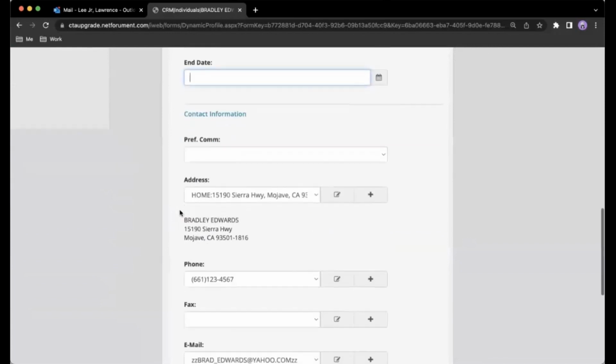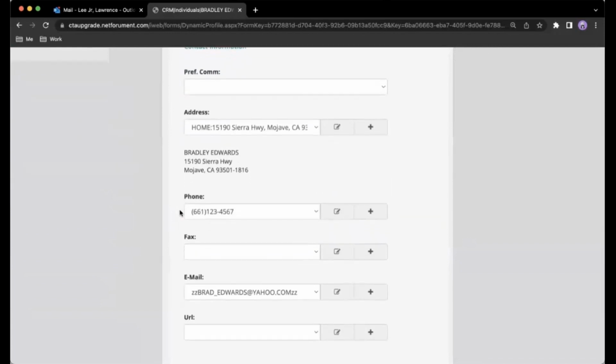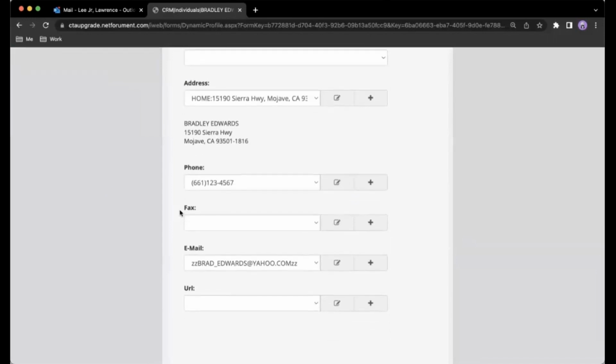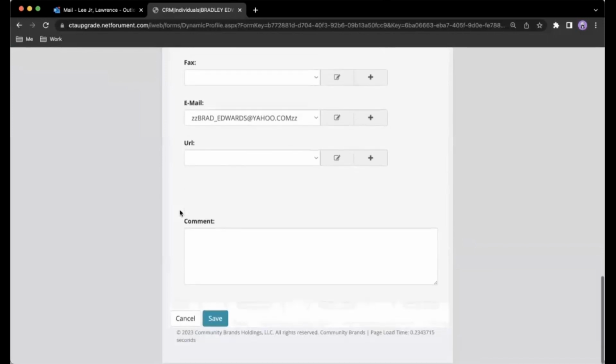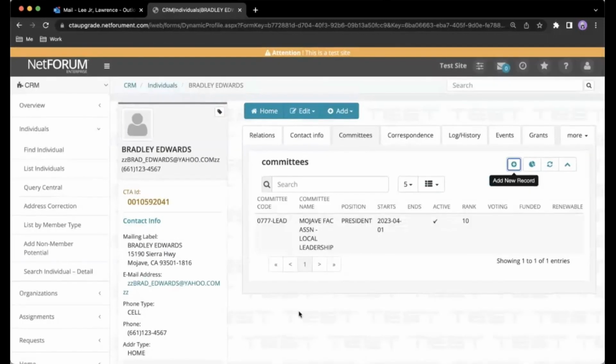The member's existing contact information will always auto-populate, but you can change this information as needed. Once everything is updated, you can click Save, and now Bradley is listed as the new chapter president from the Mojave Faculty Association. Now we'll go over Uniserv and Service Center